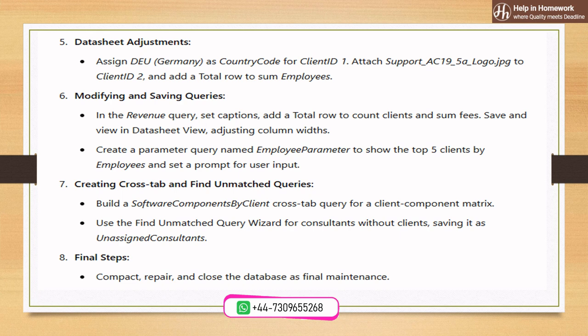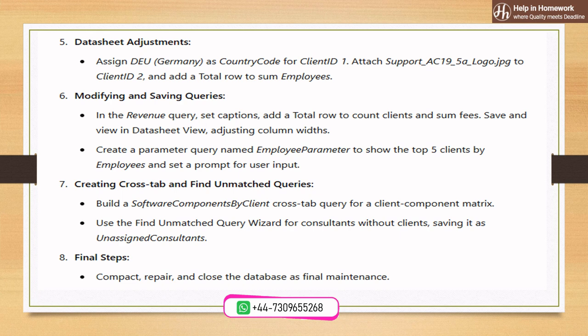Step 6. Modifying and saving queries. In the revenue query, set captions, add a total row to count clients and sum fees. Save and view in datasheet view, adjusting column widths. Create a parameter query named Employee Parameter to show the top 5 clients by employees and set a prompt for